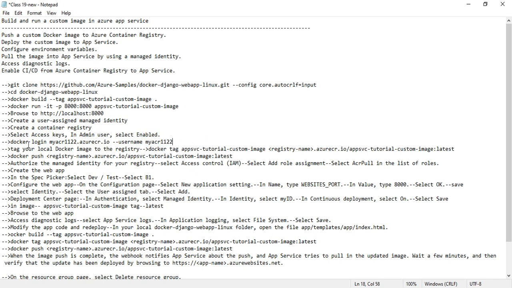Okay. My Docker login, my ACR 1122, ACR.info. It is the link. It will redirect to the Azure Container Registry with the username my ACR 1122. If you copy this command and try to execute the command,